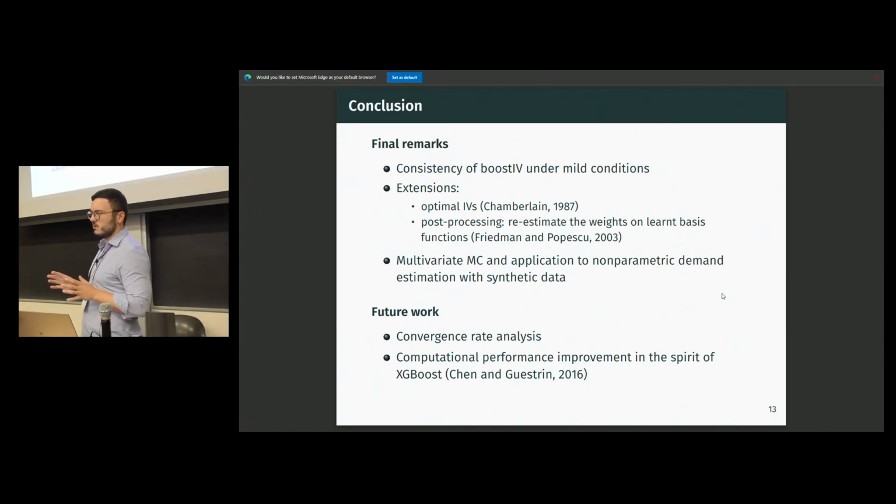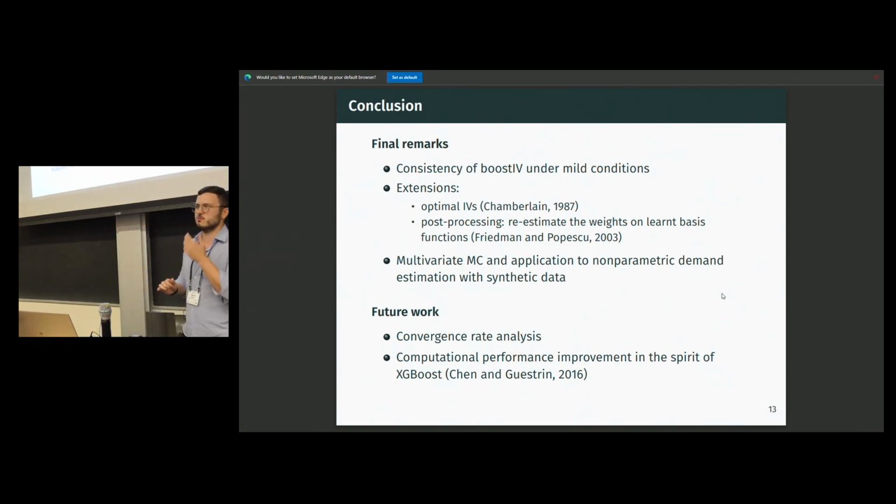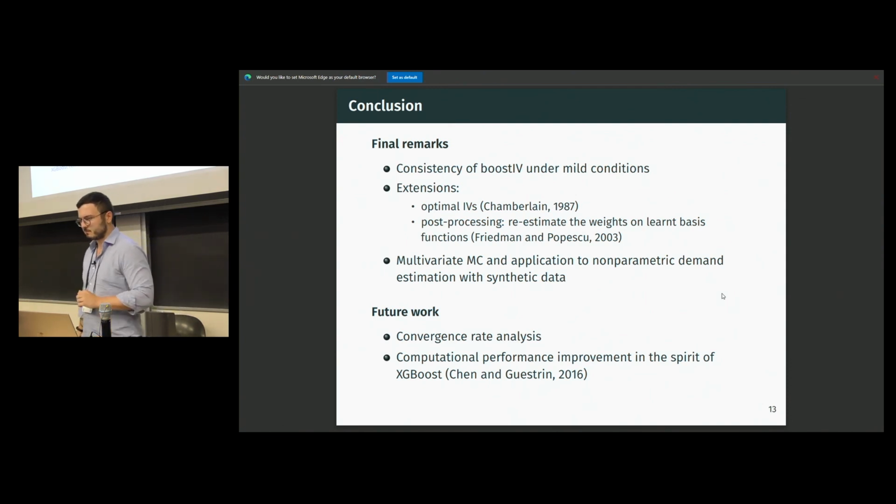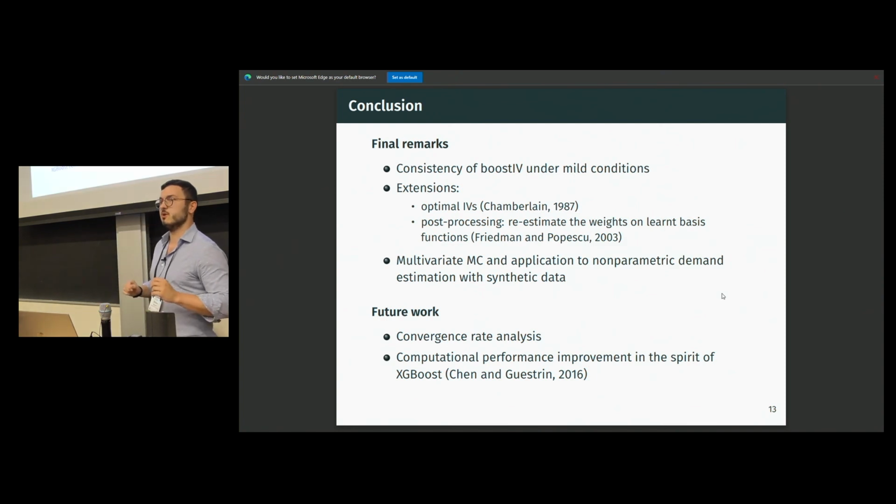But we do not go into functionals that might represent elasticities or diversion ratios, because it would be much more complicated, and you need to control for additional biases that come from the estimation in the functional analysis. So it's a whole different thing to get inference on those. But still, in that particular application, we can see substantial gains compared to other algorithms